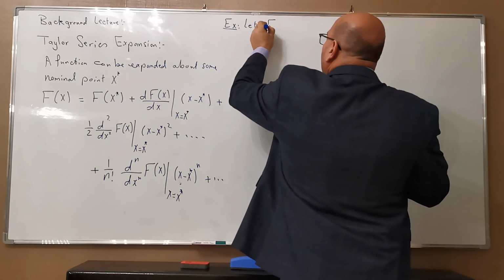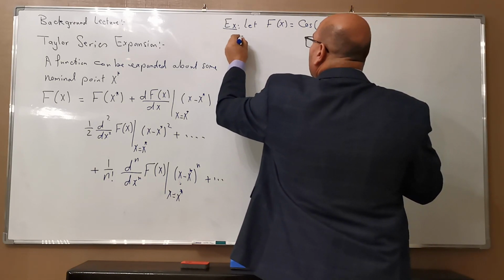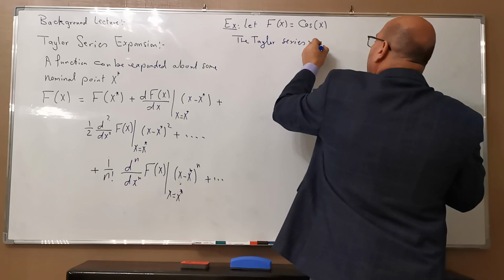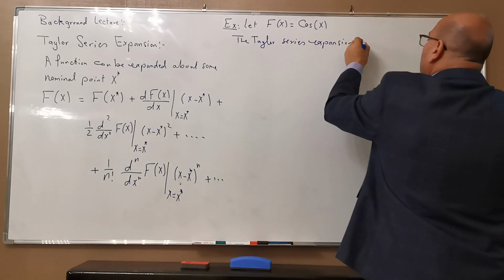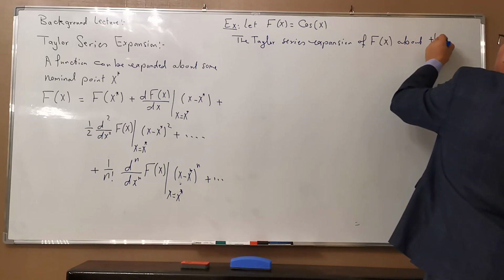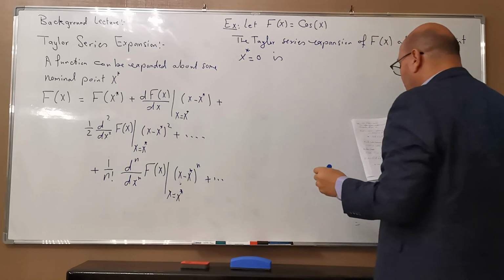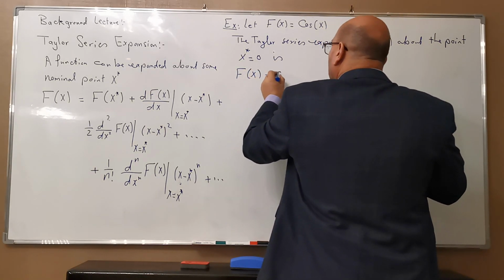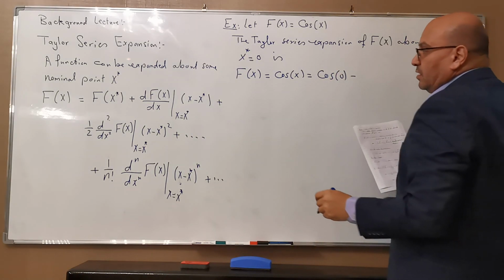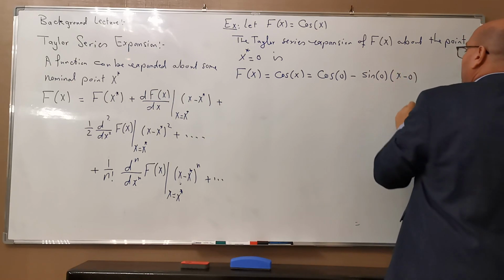If we let f of x is equal to cosine x, so the Taylor series expansion of f of x about the point x star equals 0 is f of x is equal to cosine of x, which is equal to cosine of 0 minus the derivative of the cosine is minus sine, so it's minus sine of 0 times x minus 0 plus